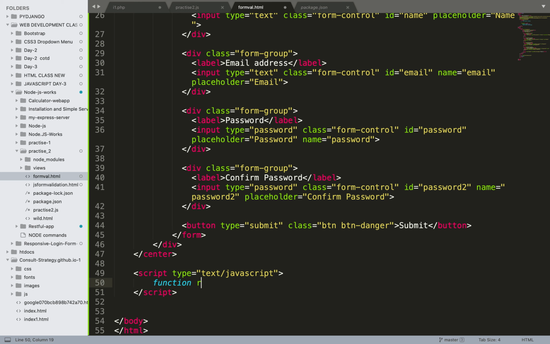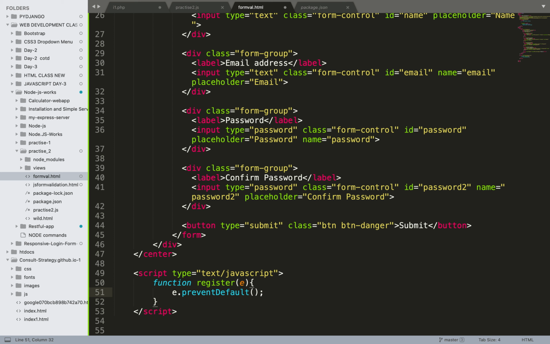In the function, let me name it register and pass a parameter e. Inside this I have mentioned e.preventDefault, and it will prevent my default settings.